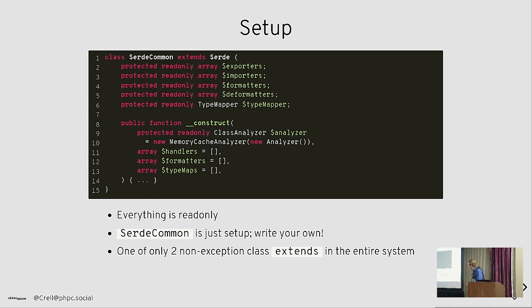Take your pick. And also note, excluding exception definitions, there are 2 places in the entire code base where the word extends appears. And this is one of them. This object does almost nothing. It just passes off to another object. It's just for configuration. You can make a modern PHP library that is fully functionally pure and uses almost no extension and is purely composition. Yes, it can be done. This is proof.